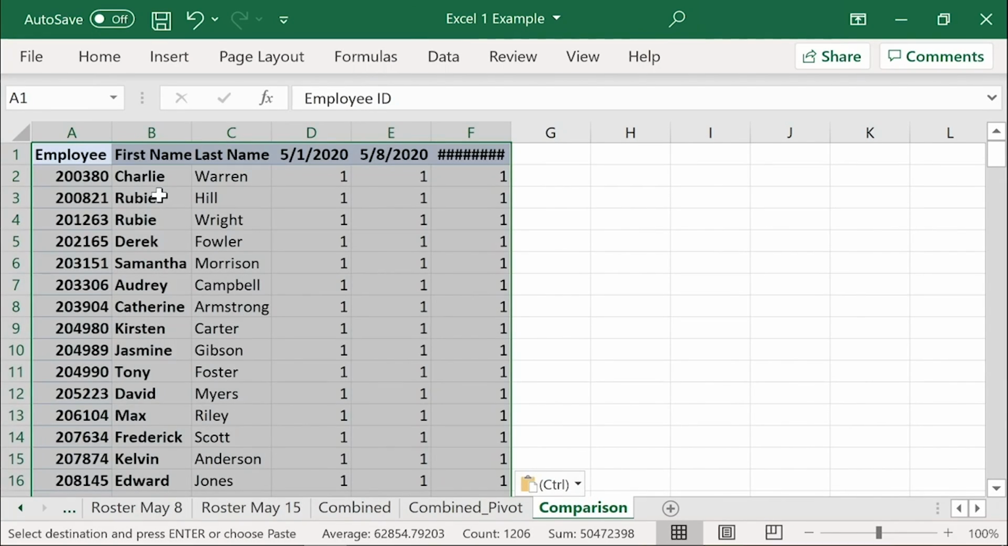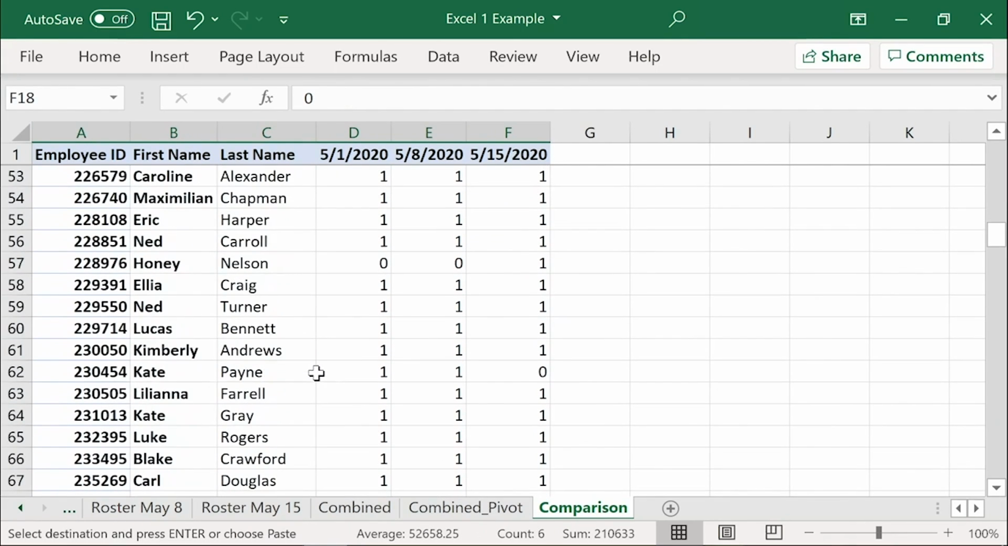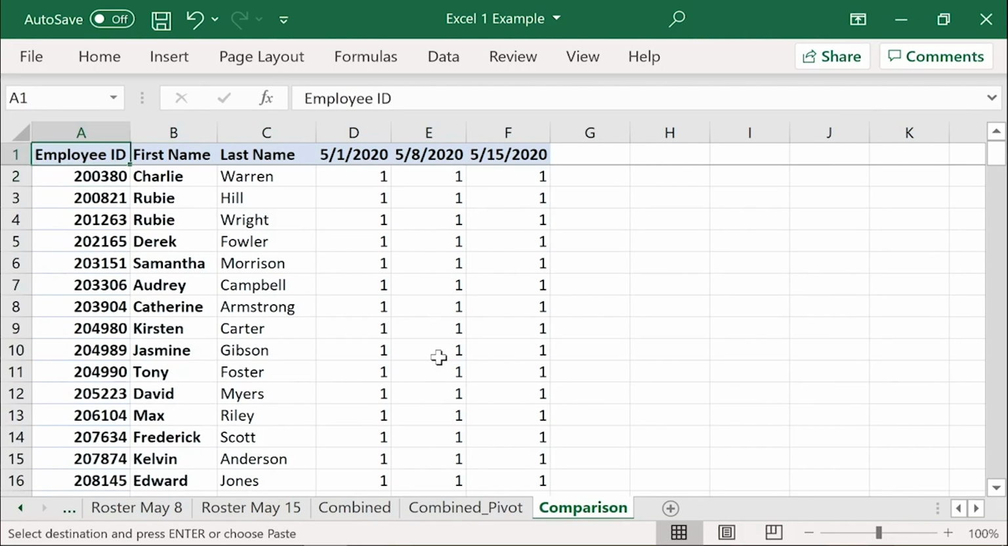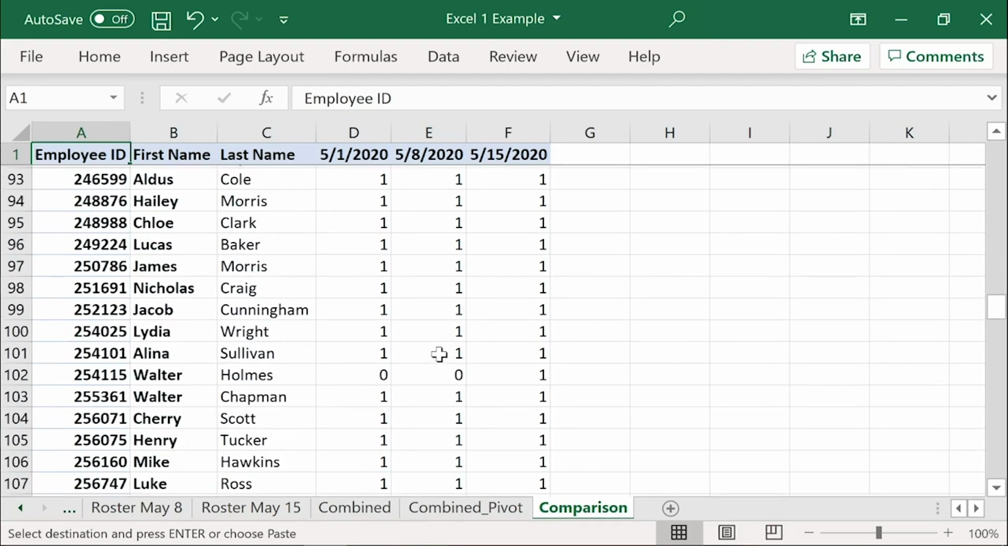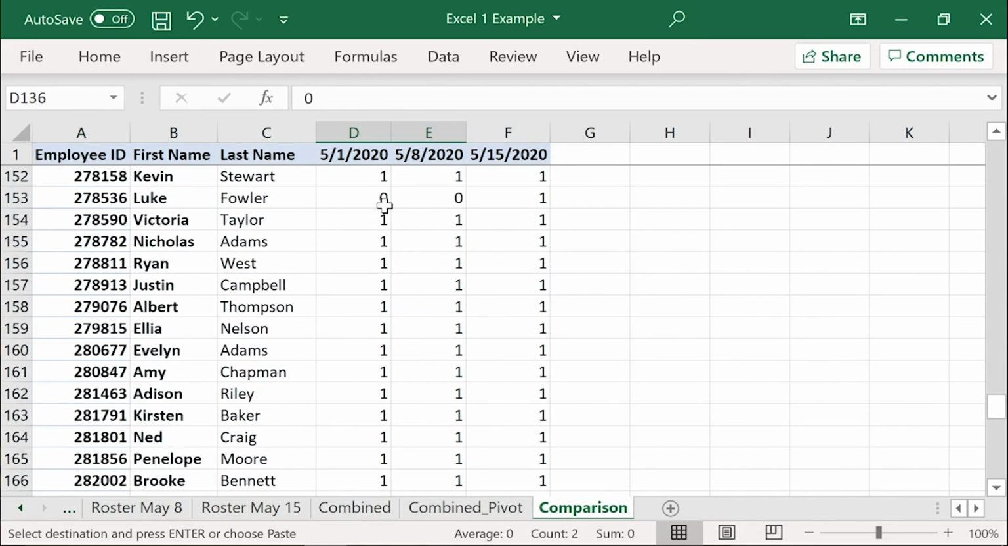Right now, it works, right? We can scroll down and see employees that have been removed. We can see employees that have been added. Honey Nelson, for example, was not here for a couple of weeks, and then Honey showed up on May 15th. But we have to scroll all the way through to find these employees that had some kind of a change